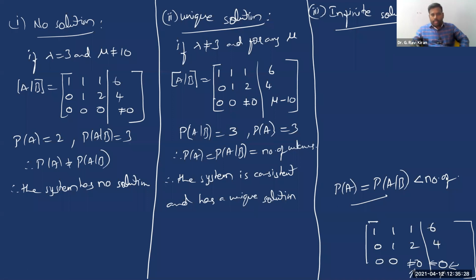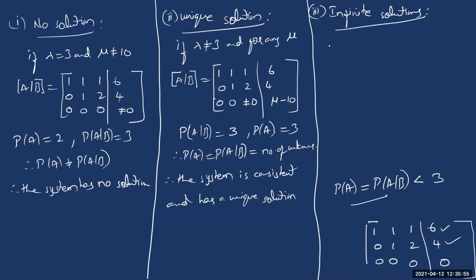See how many unknowns there are here? Totally 3 unknowns. So rank must be less than 3. Already there are 2 non-zero rows. We cannot modify them. So now to get rank less than the number of unknowns, we want this last row to be completely 0. So we are now expecting all the elements in the last row to be zeros. So for what values of lambda and mu will we get a completely 0 row? 3 and 10. That's it, exactly, you are there.